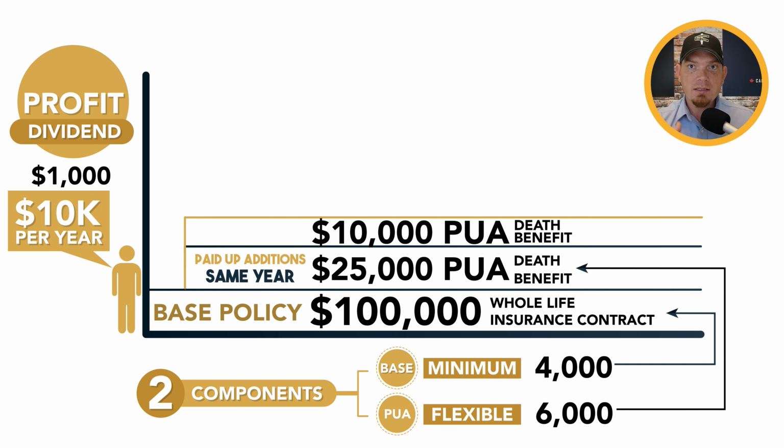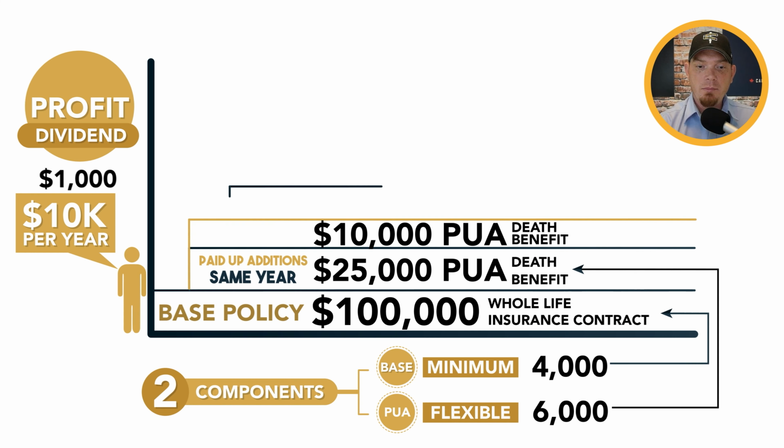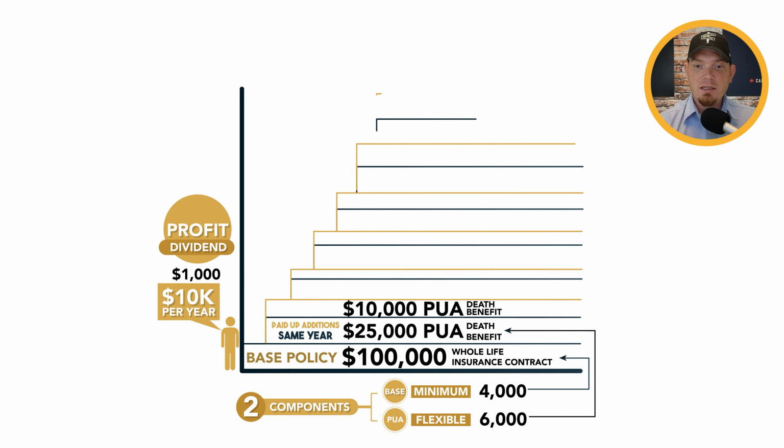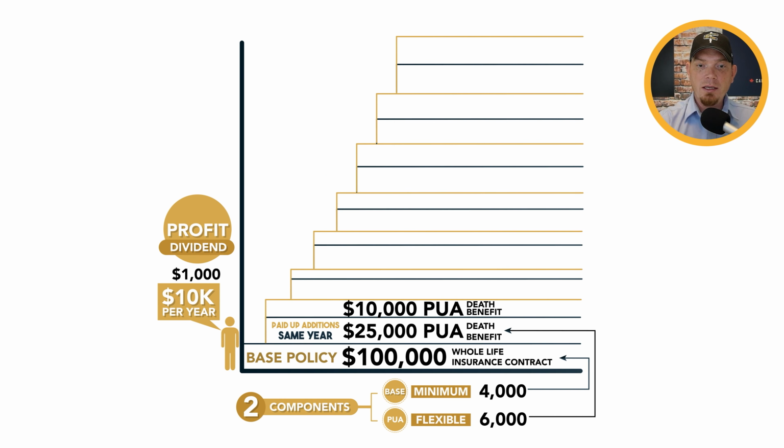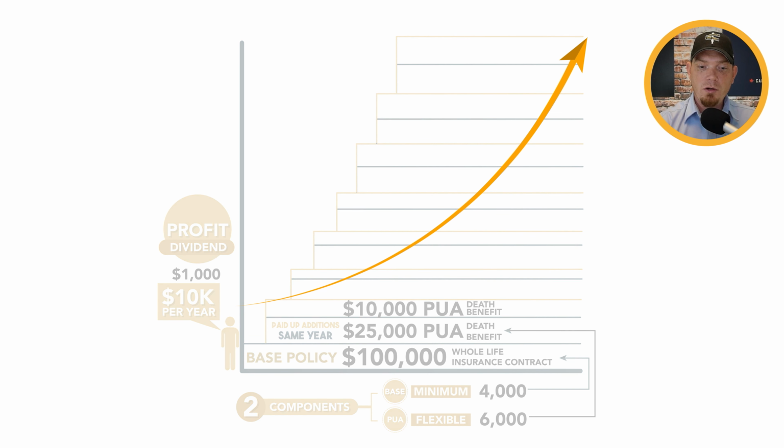Now, this process repeats and repeats and repeats year after year, and the dividends begin to increase, and the paid up addition blocks increase, and the cash value has to follow along with it. It's literally chasing after it. It's like the game Follow the Leader. The death benefit is the leader, and the cash value is chasing after it. Now, as this process continues over time, these events continue to stack on top of one another, and the end result is we have a wonderful growth line that is a constantly accumulating curve of cash value.